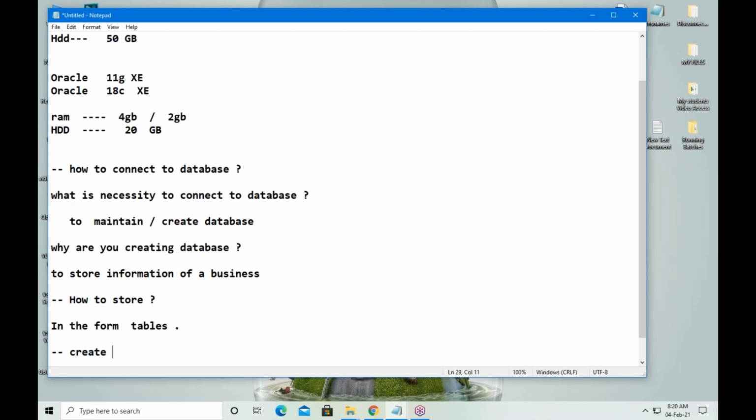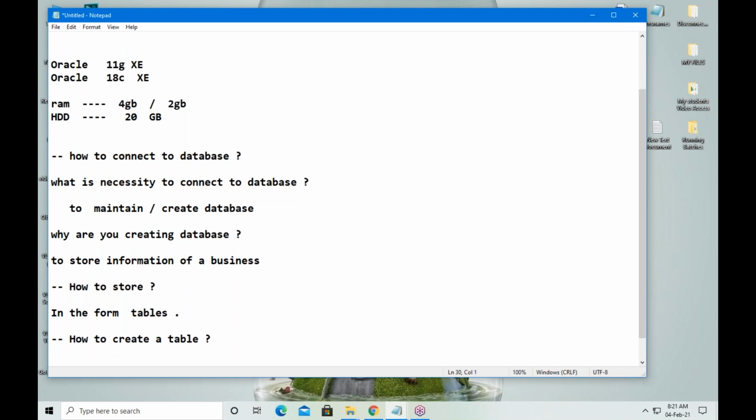Right? How to create a table? So by connecting to database, we have to write a query. So we should write a query after connected to database.